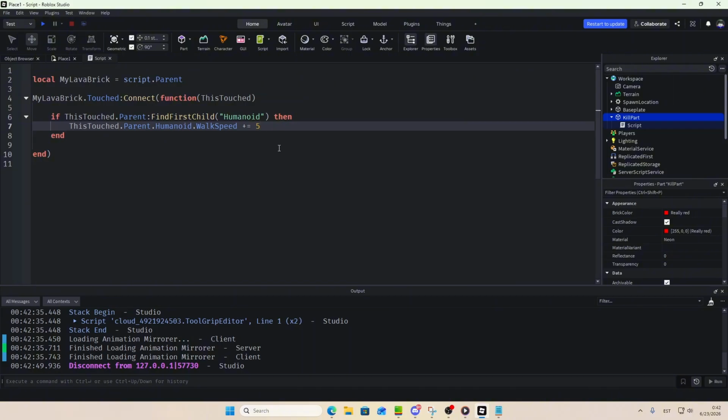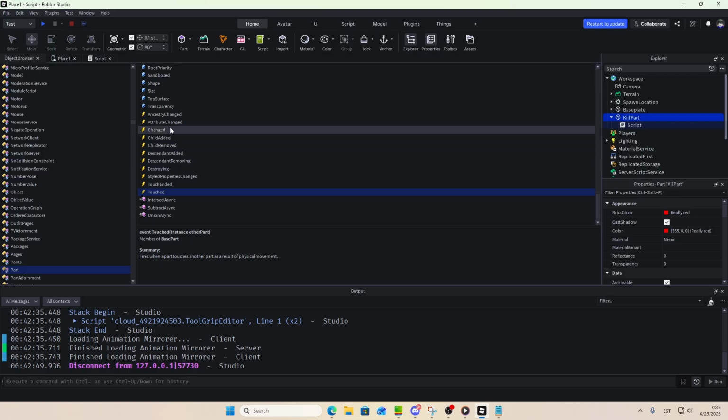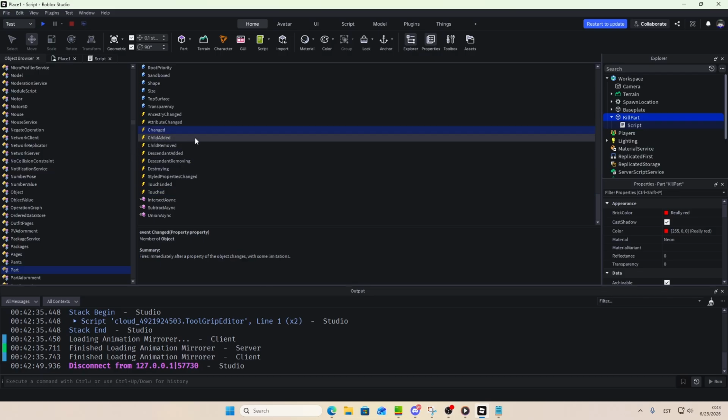And yeah, this is kind of how events work. There are tons of events, like maybe ChildAdded, Changed. I can show you if you want. So ChildAdded, this runs when a child gets added to it. So I mean,